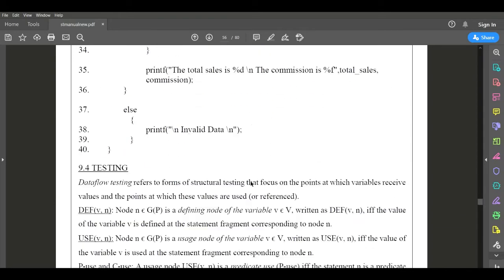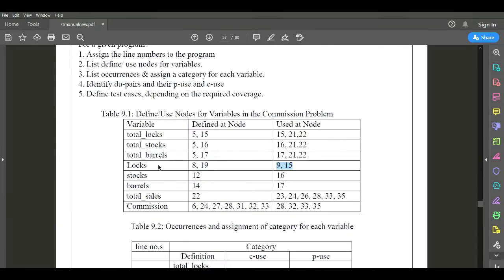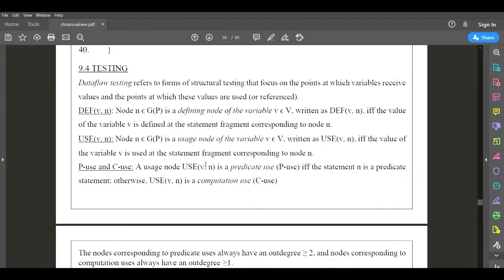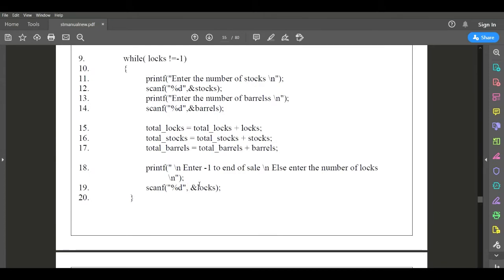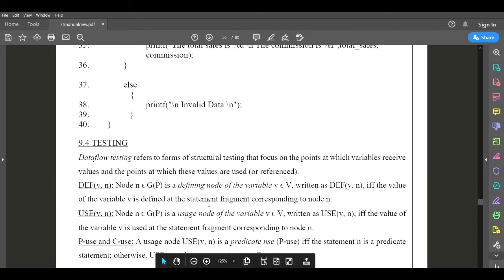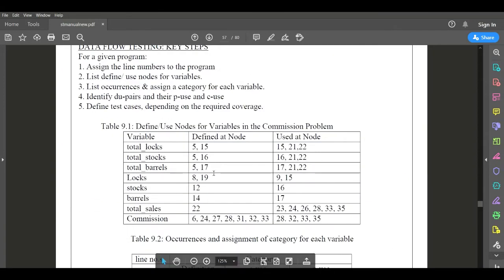So now, stocks and barrels are defined in line numbers 12 and 14, where we are using them in line numbers 16 and 17, correct? Okay, now lock value, one more variable. Once again we are redefining it here, initialized with a new value, so once again it becomes a defined node. Line 19 is the defined node, therefore in front of lock in the defined node column we have written 19. Where we are using this value,